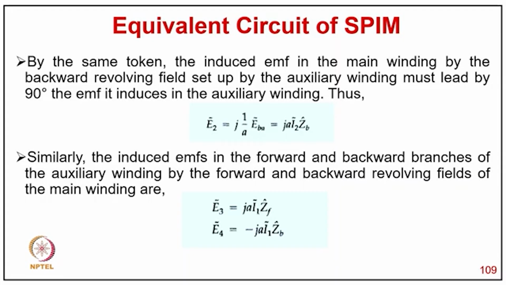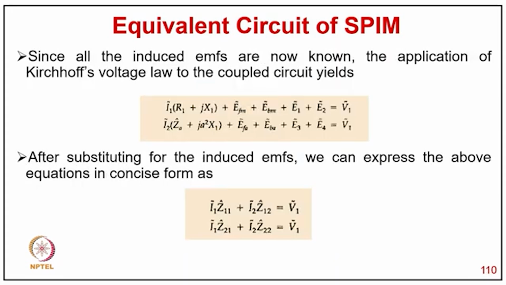So E2 equal to minus J E_B upon A, that is equal to minus J A I2 Z_B. Similarly, the induced EMFs in the forward and backward branches of the auxiliary winding by the forward and backward rotating field winding are E3 equal to J I1 Z_F and E4 equal to minus J A I1 Z_B. Since all the induced EMFs are now known, the application of Kirchhoff's voltage law to the coupled circuit yields